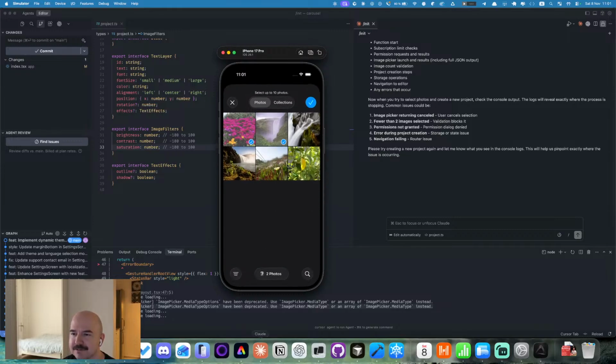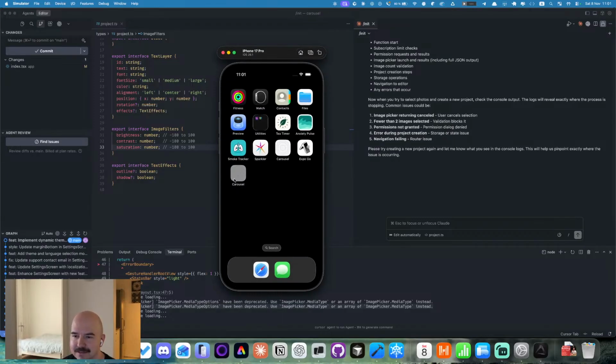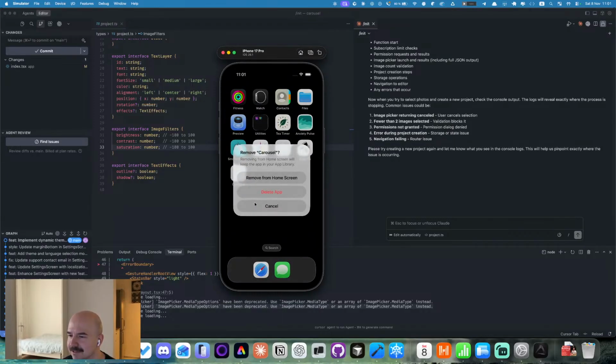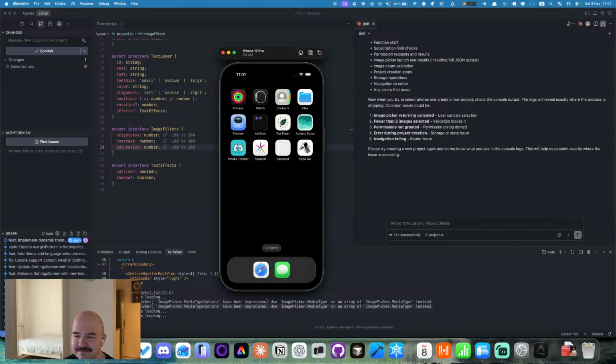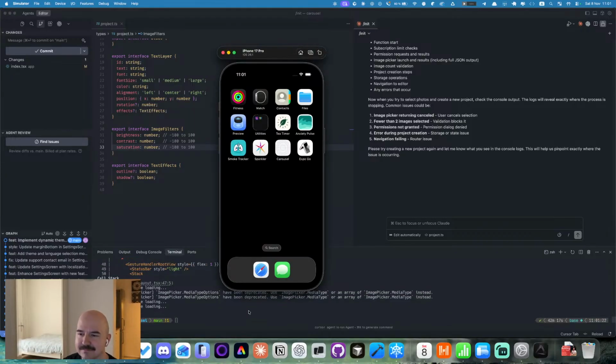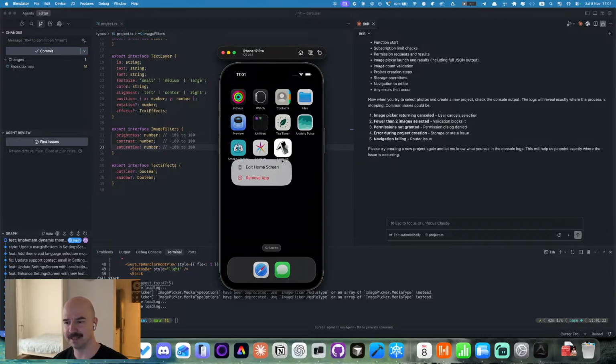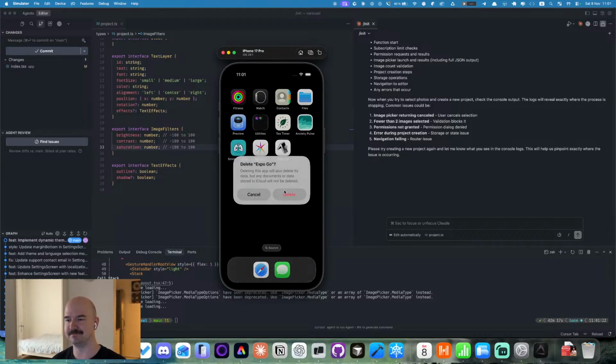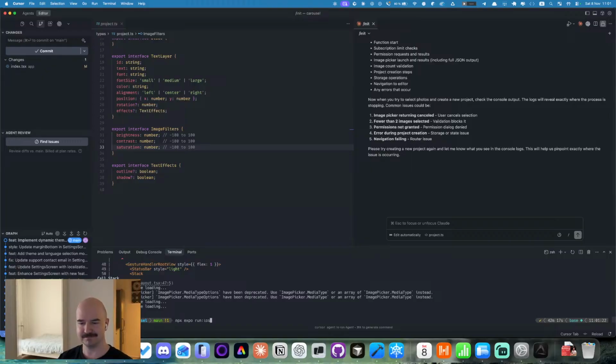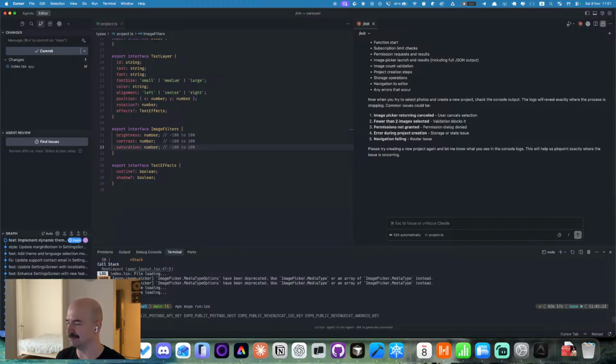I do think that the problem is not with the app by itself. So let's try to uninstall it and rerun our server here. Let's remove the old one. Maybe this is the root of the problem, by the way. But I don't know, so let's rerun it and wait a bit.